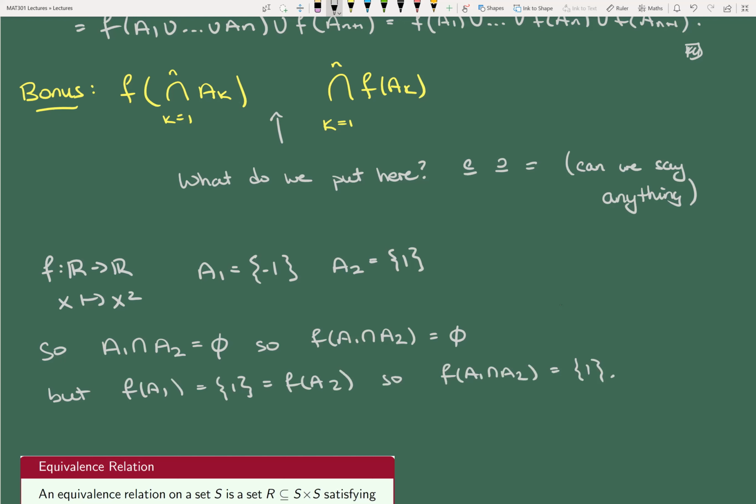Right, so they're not equal, then we do get subset, right? So absolutely, oh, sorry, I want the intersection on the outside. f of A1 intersect f of A2 is equal to 1, right? So we do get subset, right? Now, of course, that's not a guarantee that subset is true, right? We'd still have to prove that, but as a bonus thing, if you just want to give it a shot, try proving that the subset is true. I'll confirm for you that it is true, subset is true.